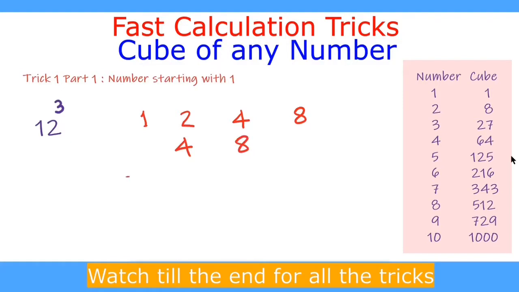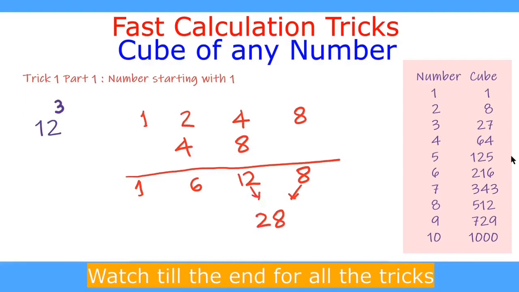Now we will add all these. We will write 8 as it is, and we will add 4 plus 8, which is 12, and we will write 12, and 2 plus 4 is 6, and 1 as it is. Now we will take one digit from each part. So we will take 8, and then we will take 2 from 12 and carry 1, and we will write 1 below 6, and 6 plus 1 is 7, so we write 7, and then we go to the fourth part and we write 1 from the fourth part, and this becomes 1728, which is the cube of 12.